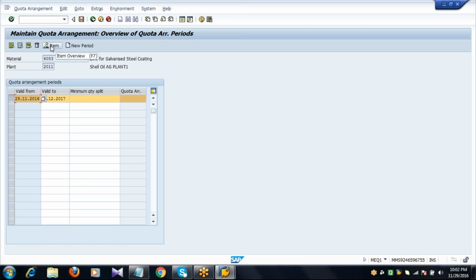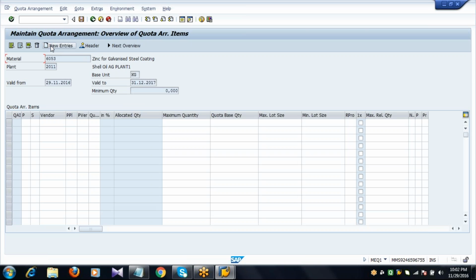And click on item overview. So here you have the first column.